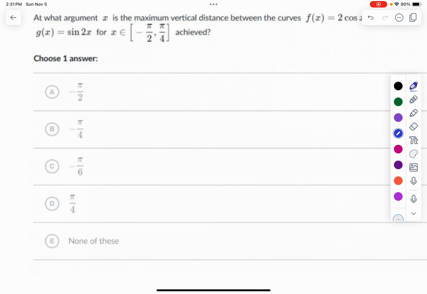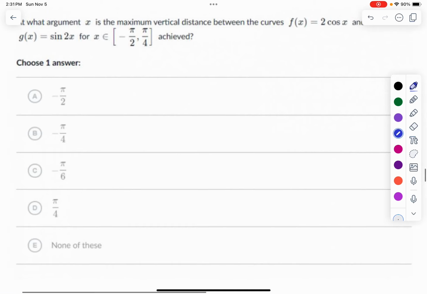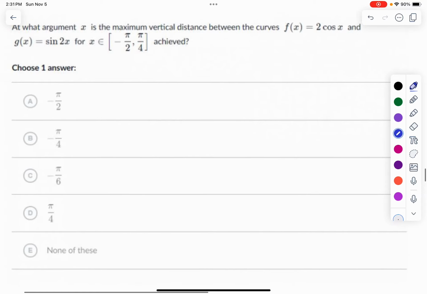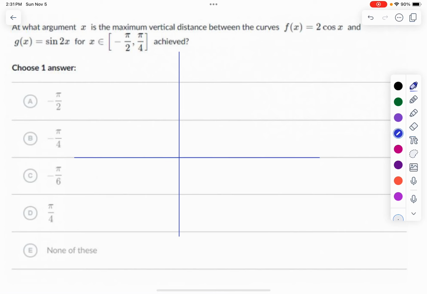And let's see what we come up with. So first I'm going to graph these because I think it's helpful to get a visual going. So I'm just going to make some axes. And I guess my scale will be that that's a 1, that's a 2. Let's make that -1, -2. So I'm going from negative pi over 2 to pi over 4. So why don't I call this negative pi over 2, negative pi over 4, 0, and then pi over 4